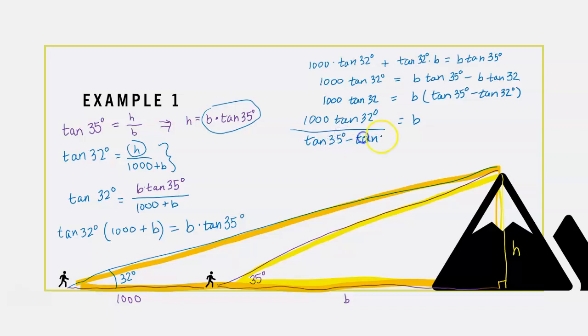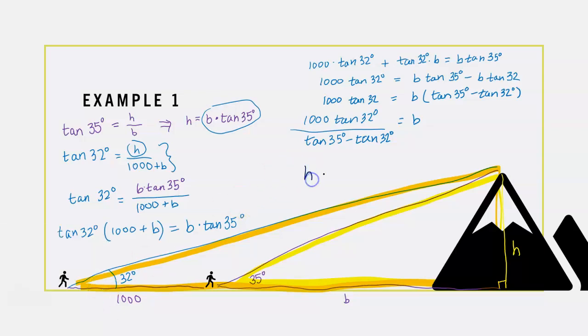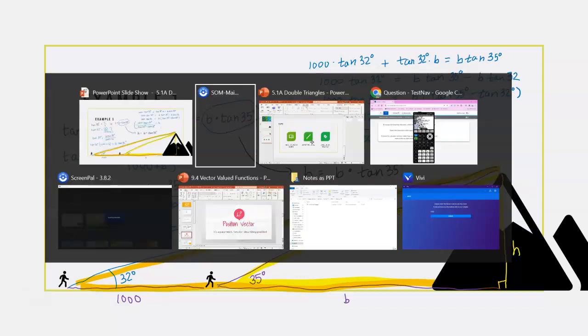Now, all of this is just a big decimal on my calculator. That's what b is. I actually don't really care what b is. I more care about what h is. So I'm going to find h by taking b times tangent of 35. But to make my life easier on my calculator, first I'm going to figure out what b is on my calculator. Okay, so I'm going to grab a calculator and I'm doing